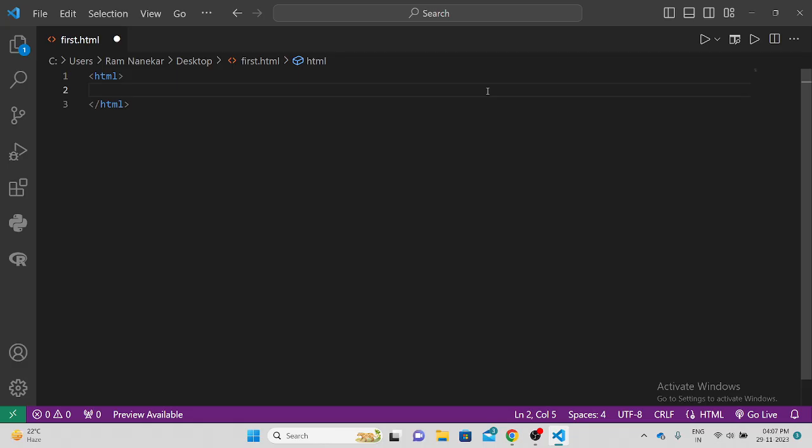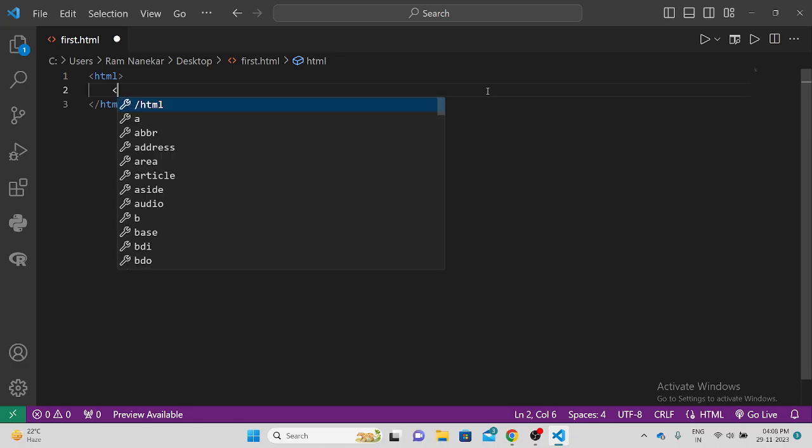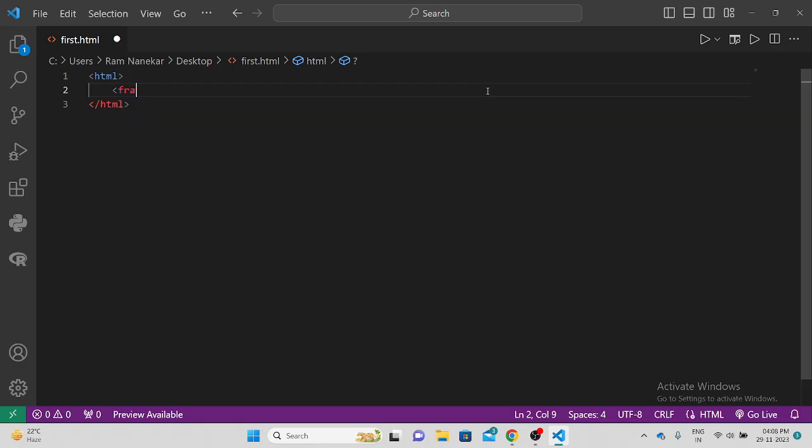So frameset means we can perform multiple actions on the same page inside HTML. For example, I am using here the frameset tag. See, it's deprecated, that's why it shows in red color. Whatever tags come in red color are deprecated from your HTML file. Okay, so inside of frameset, suppose you want to show all the frames in a row,